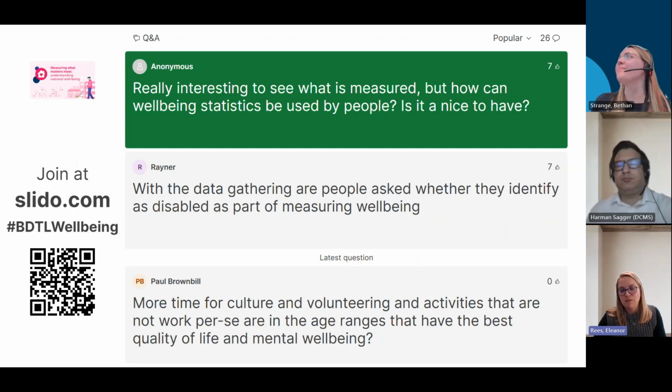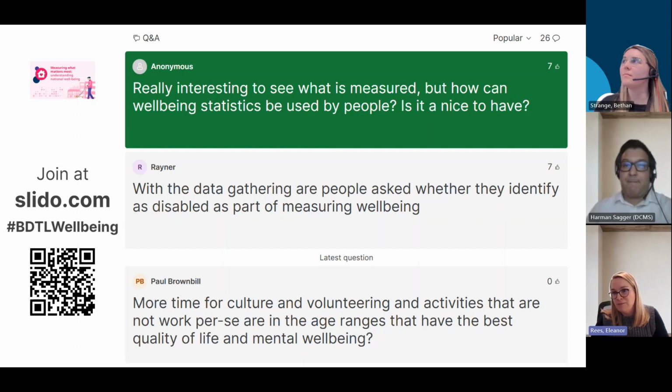So how can it be used by people? I think Harry's given a good explanation there of how we can use it from an analytical perspective, and we use it to track things over time. But one of the things I also wanted to raise is that from the measuring national wellbeing perspective, we provide a framework that people can use to holistically consider their decisions. So it helps and supports people as a framework and a tool, so they can say, well, actually, how will